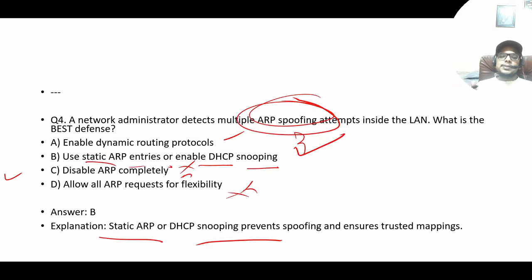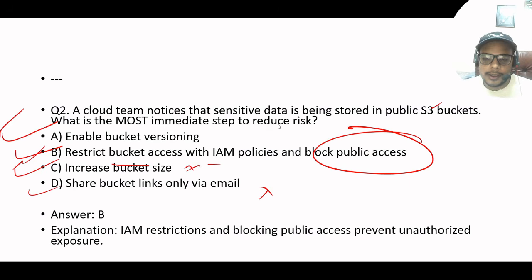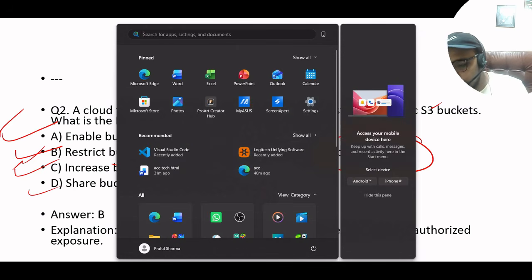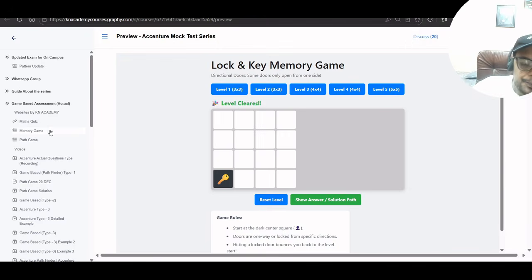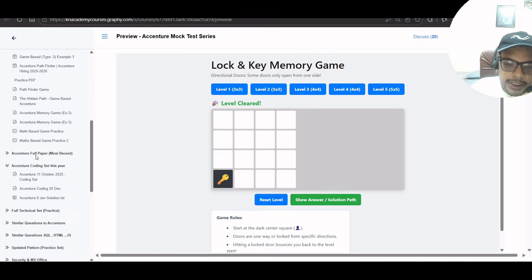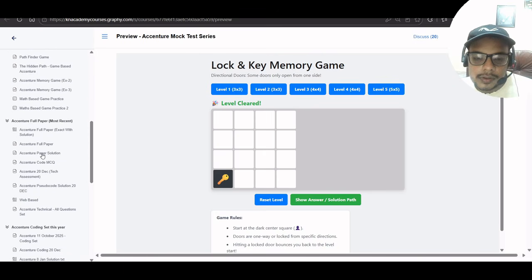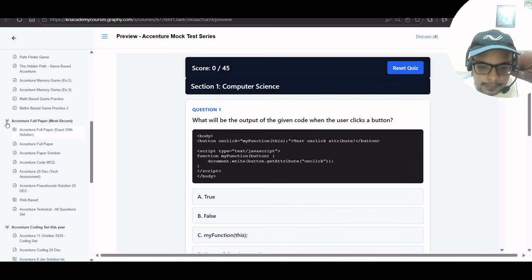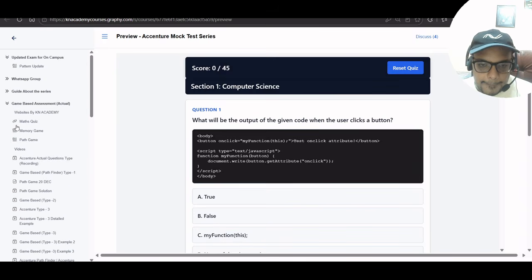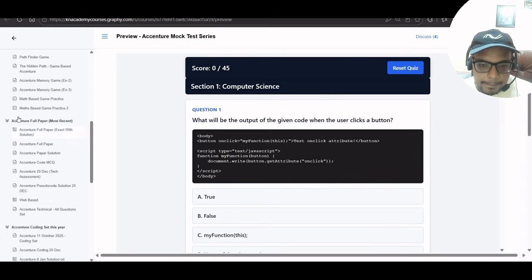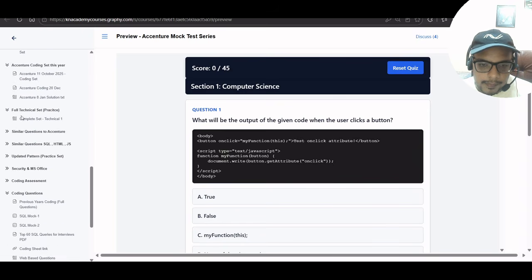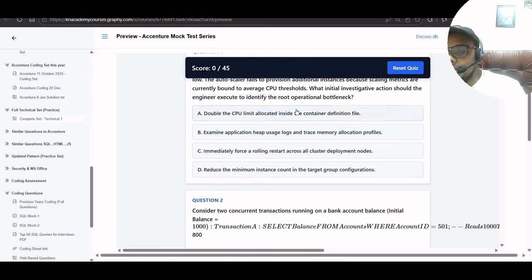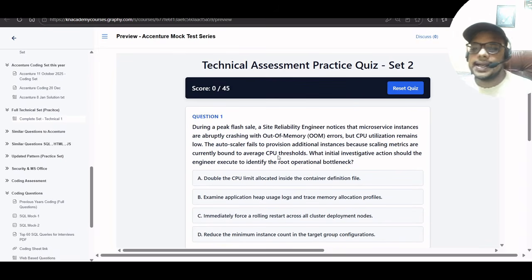So see, these are some sample questions which I told you about, but the actual questions you will be getting in the exam will be very big. So let me show you some previous year questions which we provided. Okay, so let's come here. Check this. These kinds of big questions they ask.